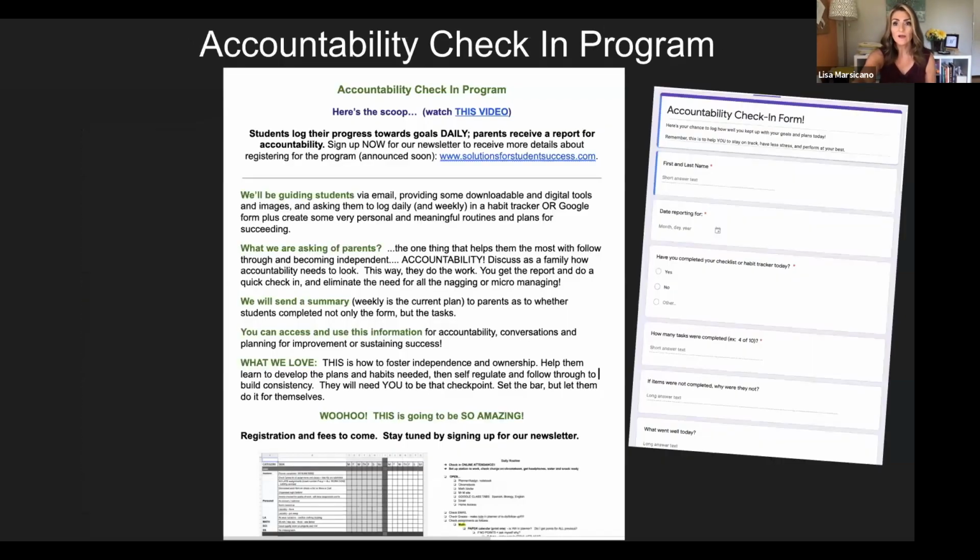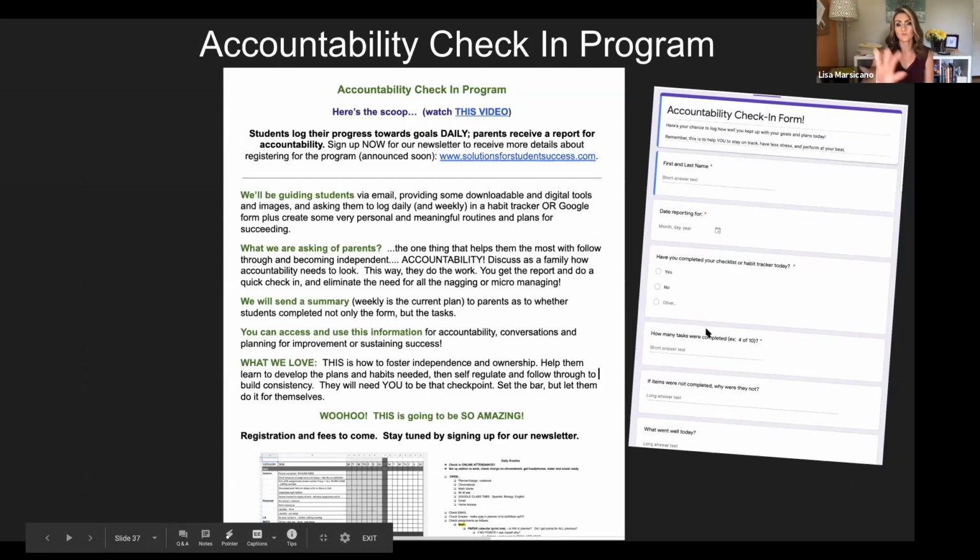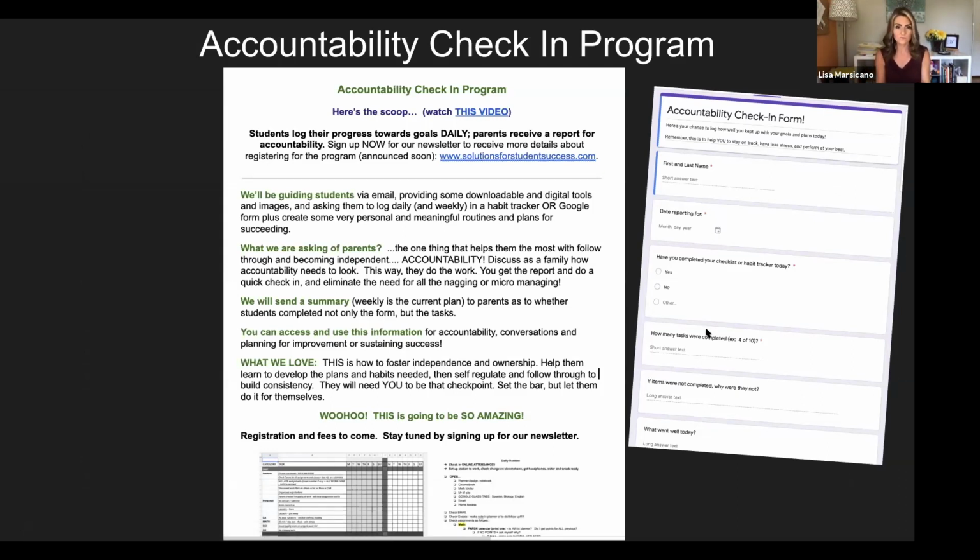It's pretty cool. We also have a check-in program. So parents of young or high school kids of any age, this is not in-person, face-to-face. This is a digital accountability where they either make a habit tracker like we showed you or a to-do list, and then they fill out a Google form. So students, you'd fill out a Google form every day. And sometimes if you forget, you can do the next day for 2 days, fine. But generally every day. And at the end of the week, we type up that report. It does go to your parents because we are talking about accountability. This way your parents can stay off your back during the week. They don't have to hover or check the grades. We want you doing all that for yourself.